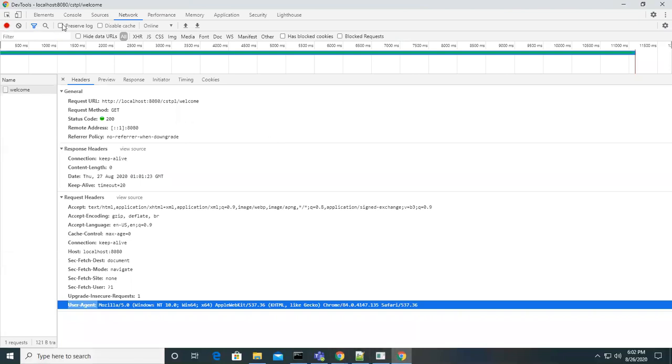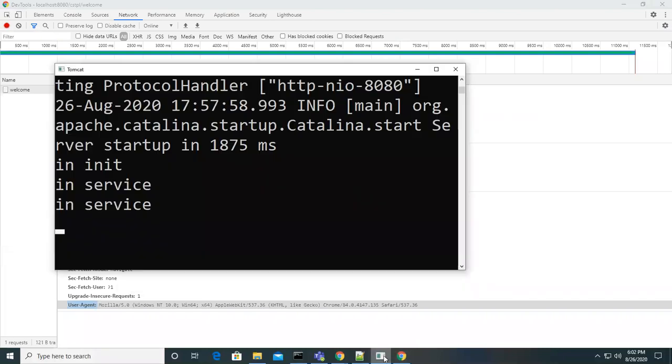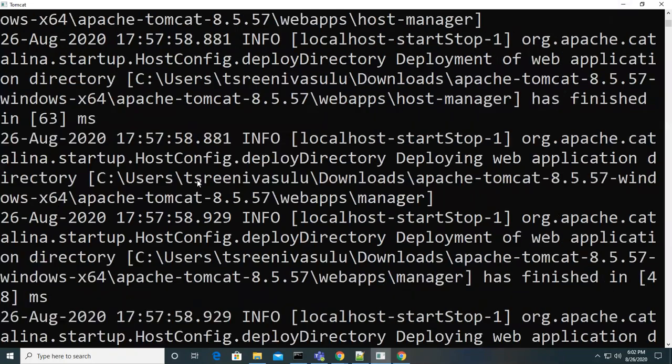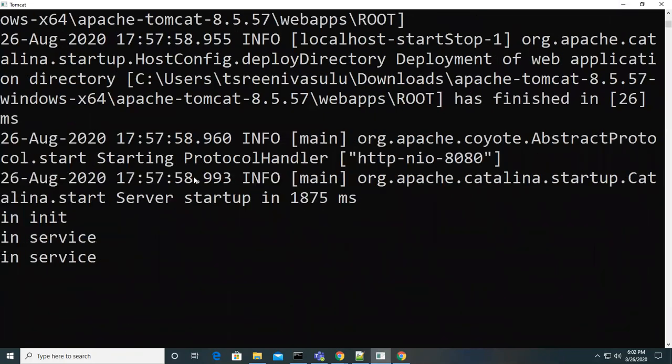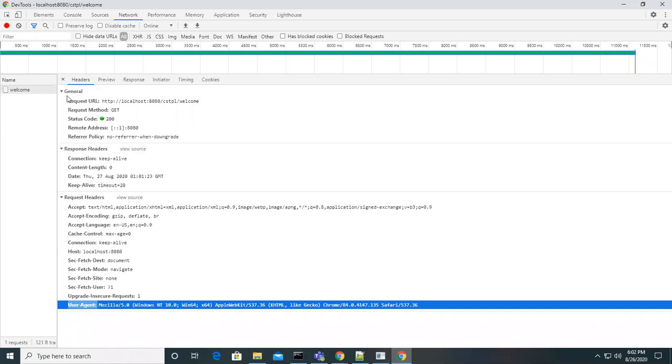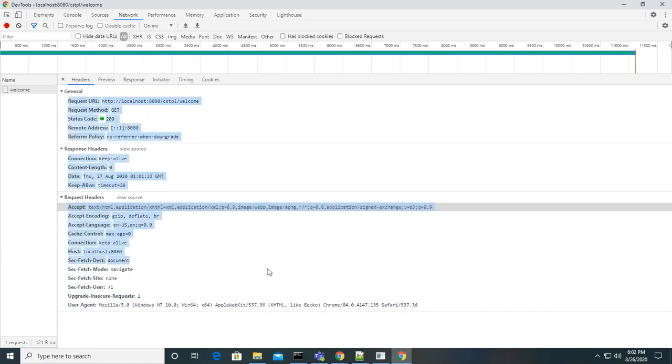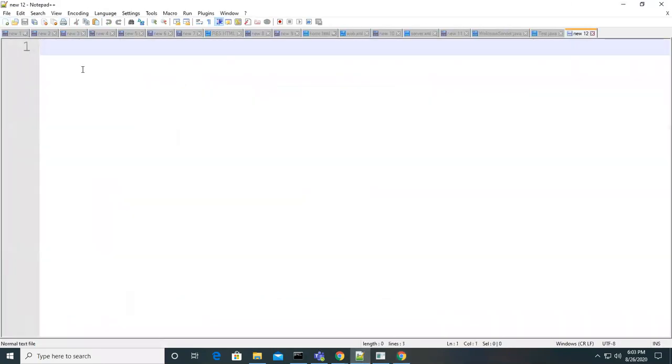So when the request goes to the server, the Tomcat server, the Java server, first it creates the request and response objects. It knows the HTTP protocol, right? Even the server knows the HTTP protocol, and the client also knows the HTTP protocol. The data is being sent in HTTP format, so that format can be understood easily by the server. Once the server receives this request, it creates the request object.